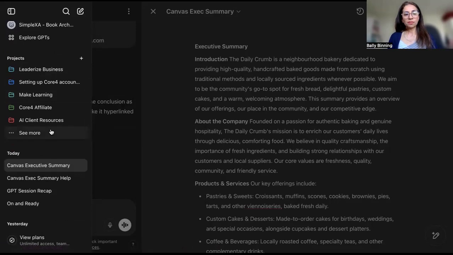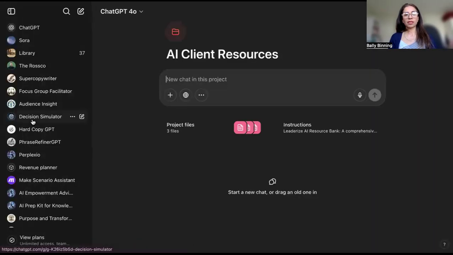So, projects. I had a holiday project that I deleted as well, because it was for checking flights or what time the flight was coming in, things like that. It was actually quite fun. But you can then go into the project area, and then what did I put in here? Actually, let's have a look at the AI client resource bank. So in here,